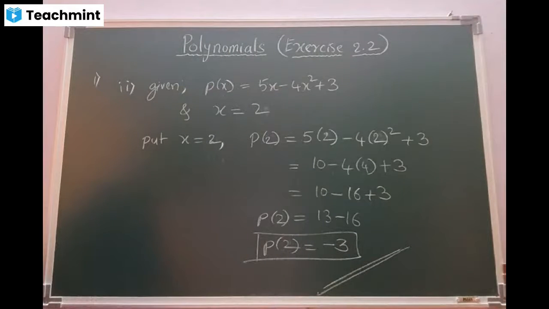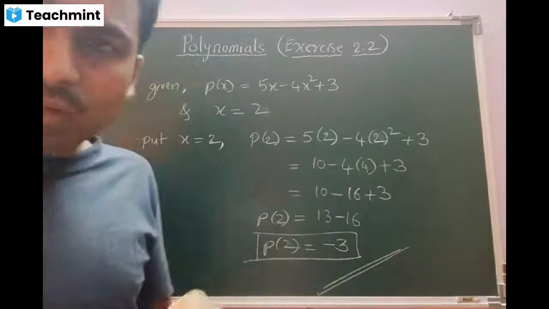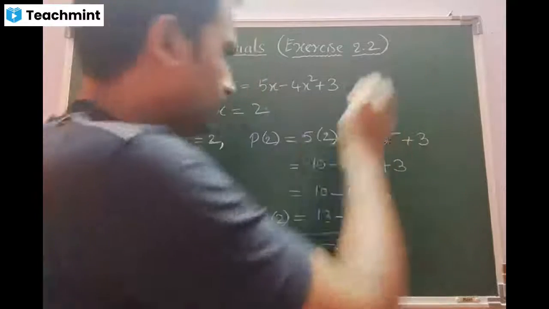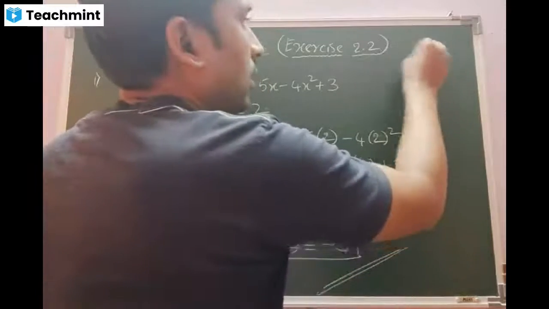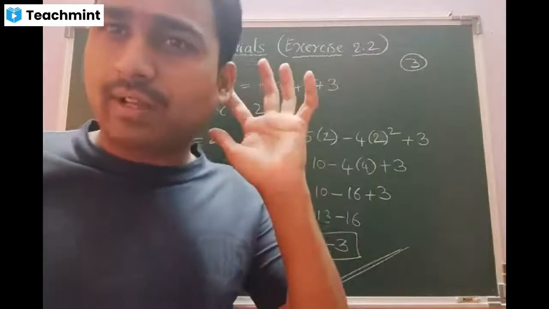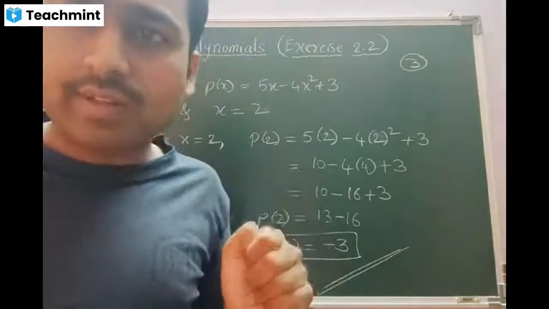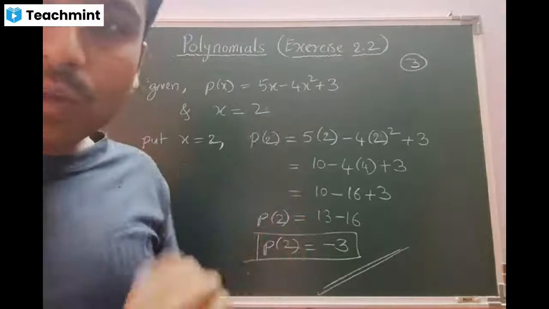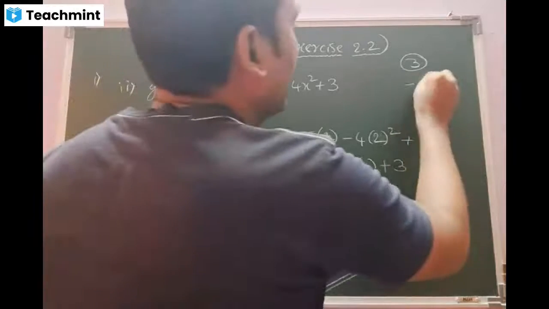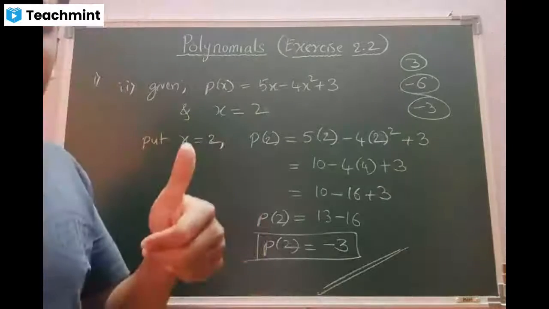Copied, sir. Students, look at the answers here. Whatever the answers we got. What answer did we get, beta, in the first case? 3, sir. Minus 6, sir. Suman, you make yourself mute, beta. There is a network disturbance. Okay. Second value, how much did we get? Minus 6, sir. Minus 3. Am I correct? Third one, minus 3.